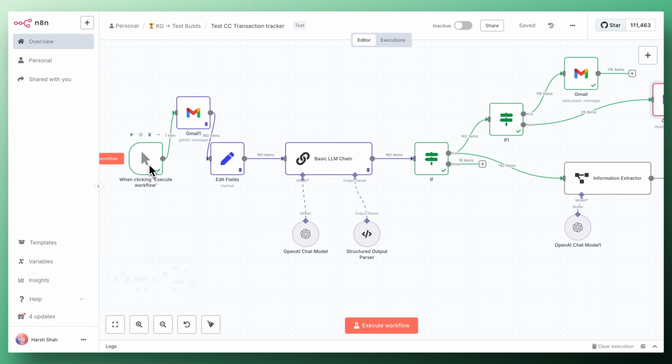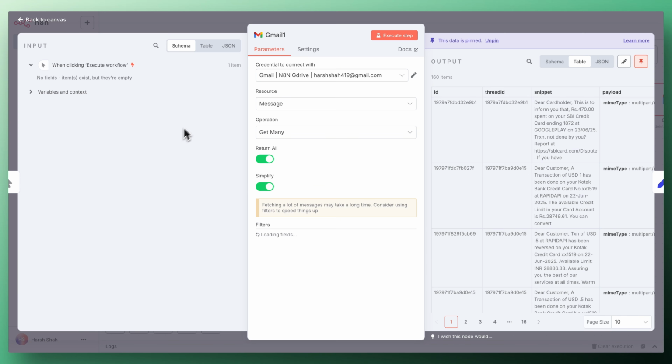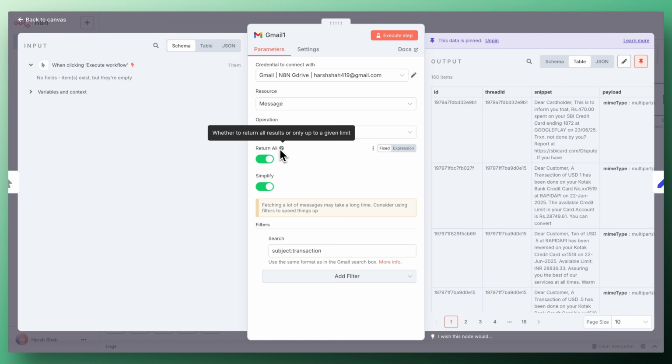The first step is the trigger. This is a manual trigger, but what you can do is set up a Gmail trigger where you get all the messages every minute or every hour, right? Because I'm showing you for testing purposes, this is a Gmail node to get multiple emails from our inbox. It is very easy to connect your Gmail with n8n. I already made one video on my channel which you can see to understand how exactly you can connect your Gmail with n8n, right? So I'm not going to go into that, but once you connect your Gmail account, then here